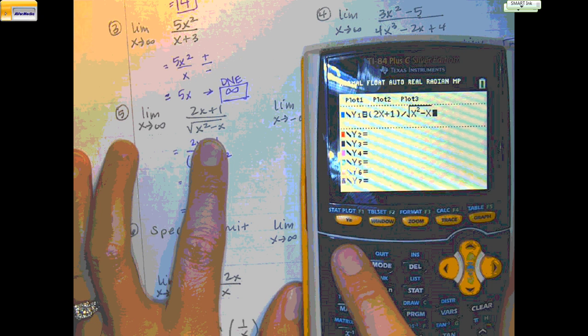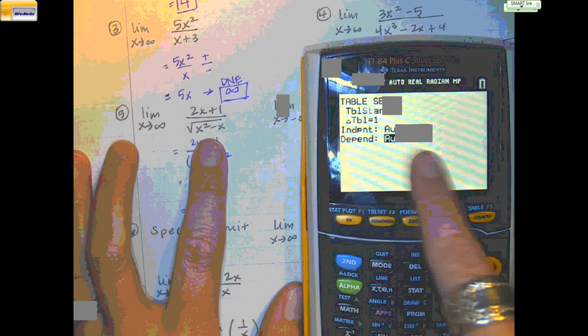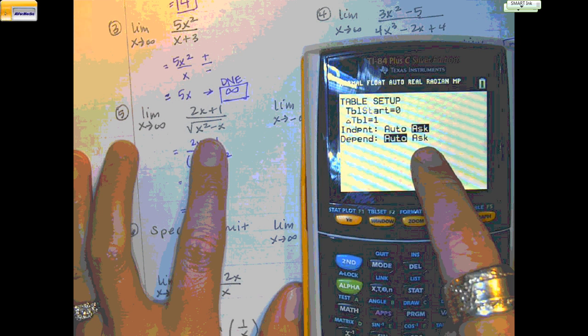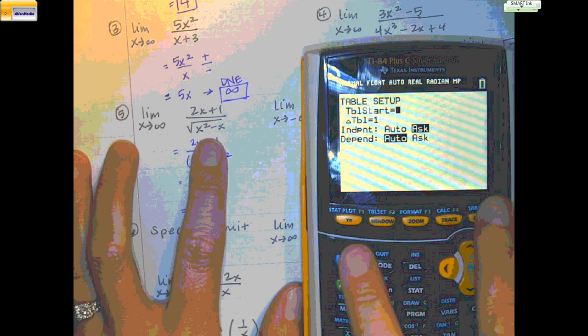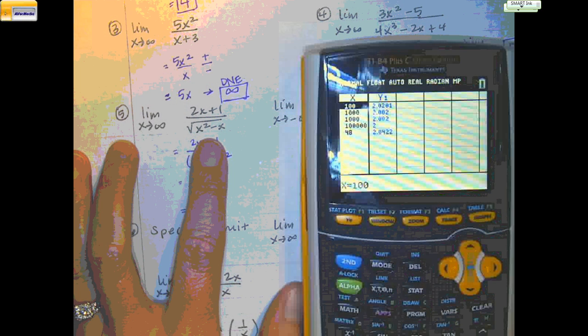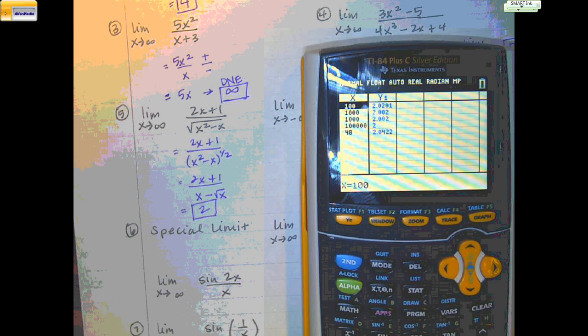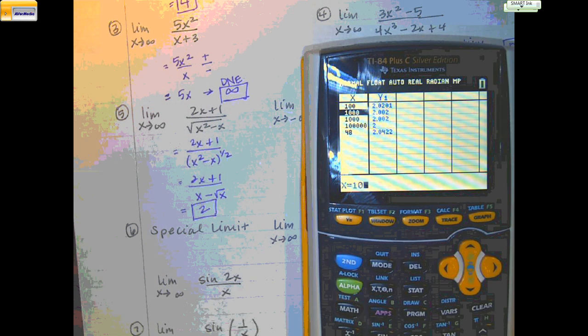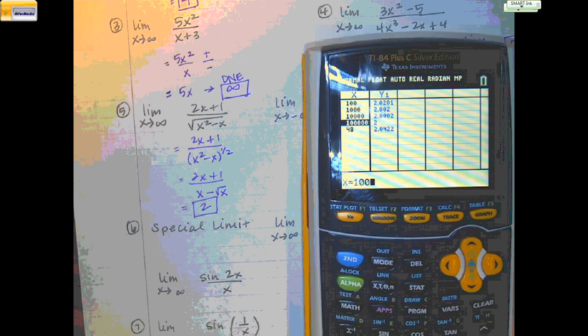I'm going to set up my table so that for independent, it says ask. Because I want to plug in the numbers I want to plug in. Hit second graph to go to your table. And I'm going to type in numbers getting larger and larger and larger, like 100, enter, 1,000, enter, 10,000, enter, 100,000,